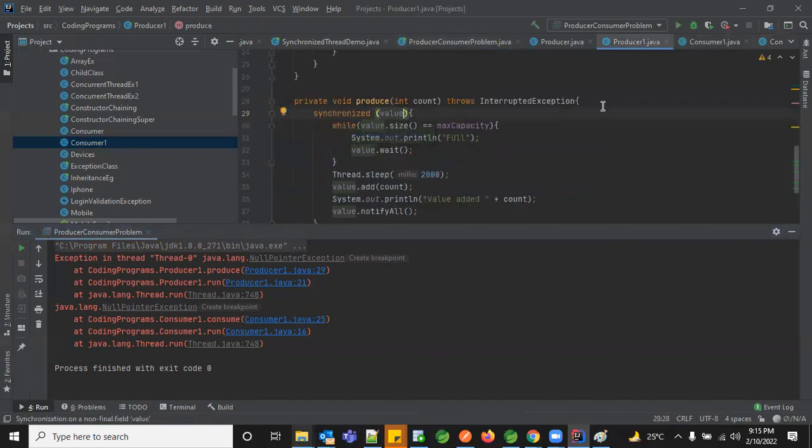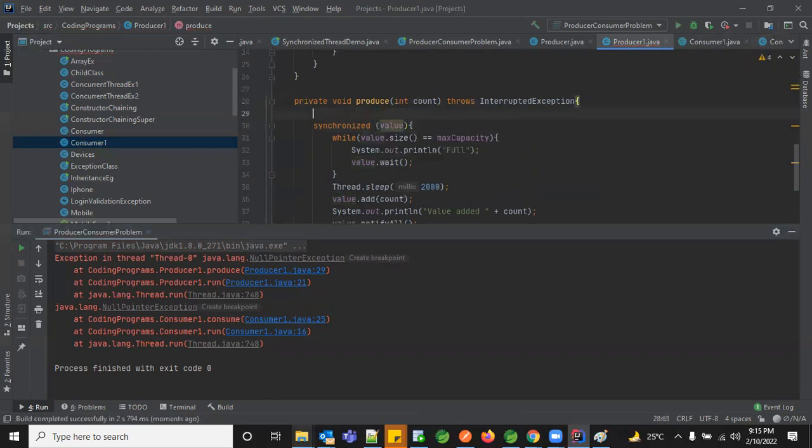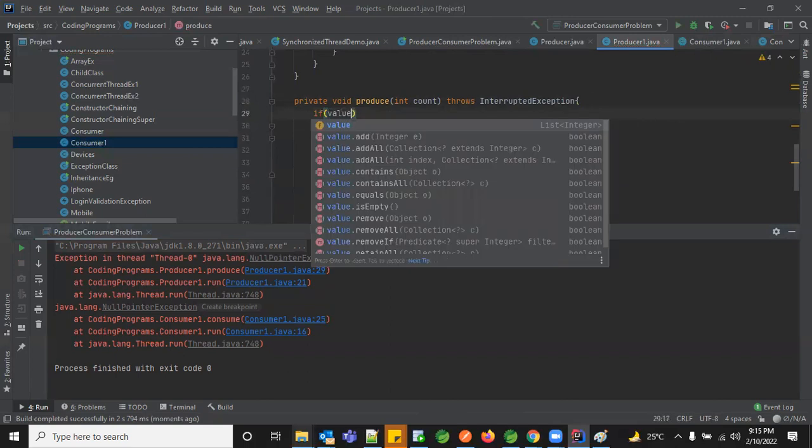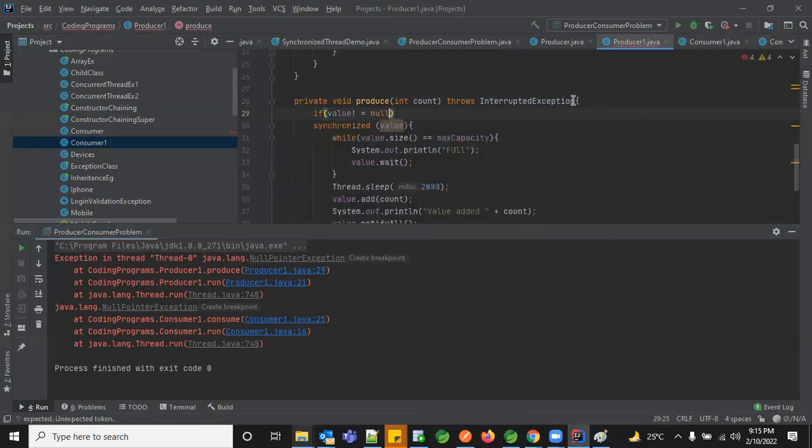Here also I need to check whether the synchronized value is not equal to null. But this is something you need to do before the synchronized block, to have this null check.